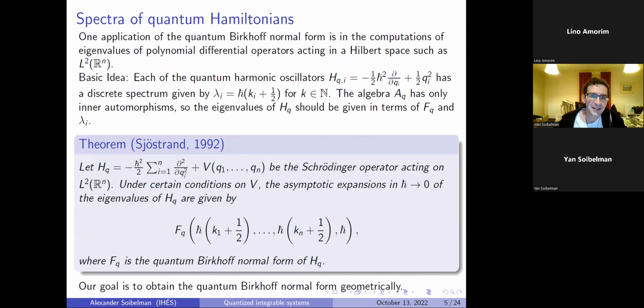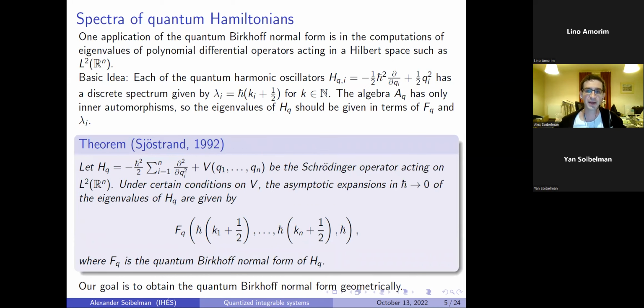Now, again, I want to conclude this motivating part of the talk, and to do so, I want to talk about how this applies to computing eigenvalues, computing spectra of quantum Hamiltonians. Everything that I've done before here is just algebraic, commutative or non-commutative algebra. So you can try to apply this to actually compute spectra of differential operators acting in a Hilbert space. The idea is if you have a polynomial differential operator, you can think of it as an element of this algebra AQ, and you can bring it to its